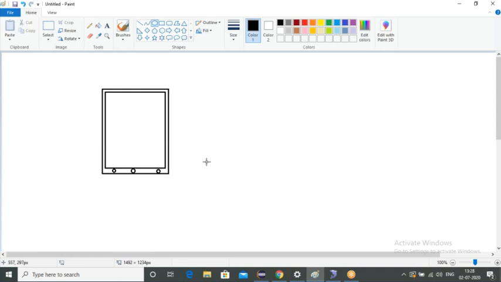Okay, now guys, what do you mean by abstraction first? Abstraction in the sense hiding the complex implementations and providing the functionality to the user. That is known as abstraction. Now, consider this is a mobile phone. Clear, consider this is a mobile phone. And here I have a user.